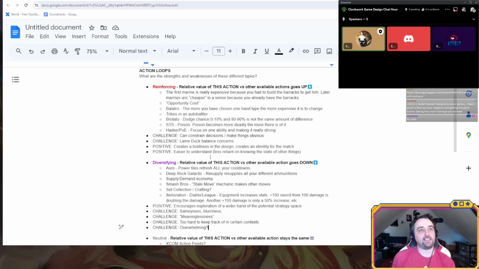So I think it's easy when we're getting into game design to think of the diversifying as the be all end all and the goal and the best way to design games. But the reinforcing has real positives, and when we think about something like a big item shop, and how it can be very overwhelming if I actually do need to consider every single thing, being able to not consider a bunch of options is extremely valuable for players.